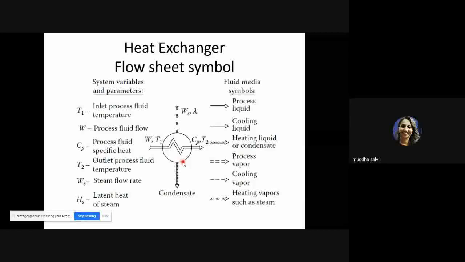That means I have two options. Either I vary W or I vary WS. Depending on that, I decide the control action to be taken and the control system to be defined for the heat exchanger. This is in short what is degrees of freedom. We'll have to know degrees of freedom for any unit operation that we study henceforth. If you have any queries with this, please put them across to Abhishek so that Abhishek may ask me.